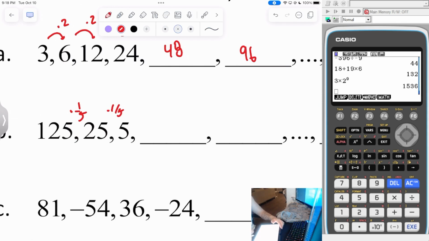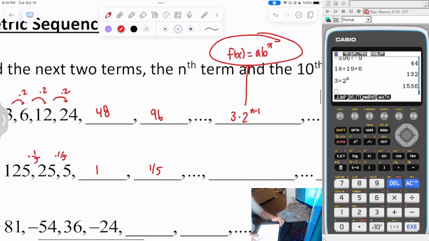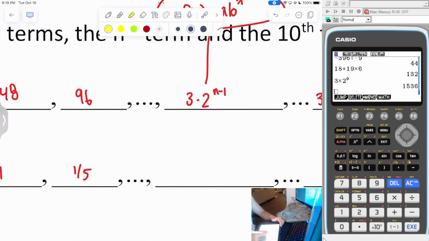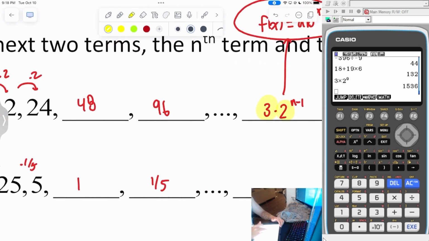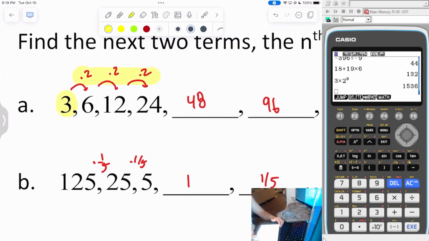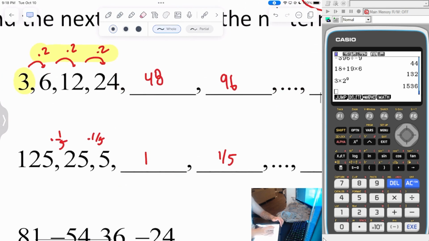The next number of my sequence should be 1. 1 times 1/5 is now 1/5. And let's try to determine a formula that describes the nth term. Based on our assumptions from the previous problem, it seems like this 3 came from the first initial number of our sequence. And then the 2 part came from what number I was multiplying from one number to the next in my sequence. Using that to infer the formula of this next sequence in part B,